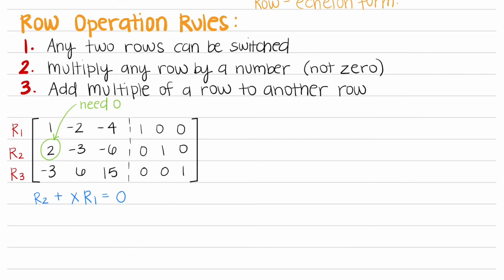So now let's plug in our row 2 and our row 1. So in the place of R2, which is our row 2, we're just going to use those first terms in the row. So in this case, it's just 2, so we'll write 2, plus x, which is what we're trying to find, times R1. If we look at the first term in our row 1, we have 1, so times 1. And what we want to do now is get that x alone so we can solve for x. So let's subtract 2 on both sides. So we're left with x equals -2.